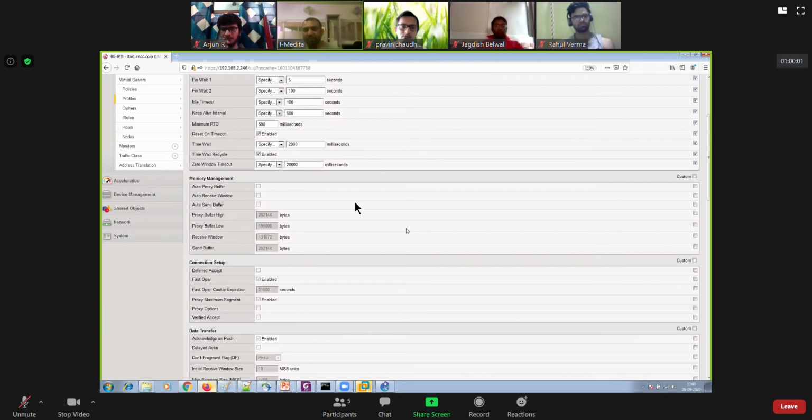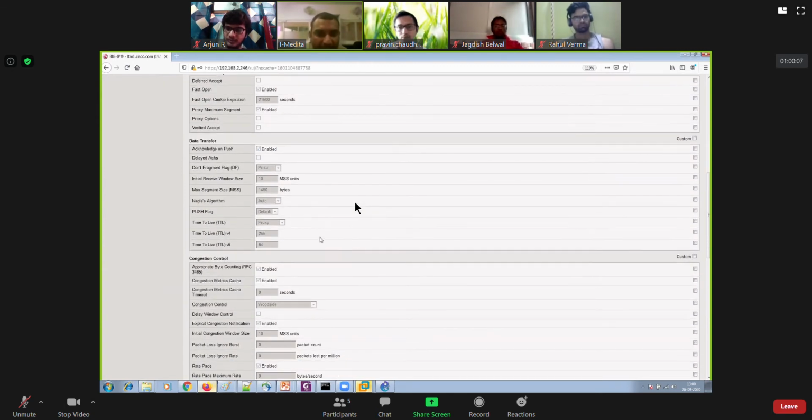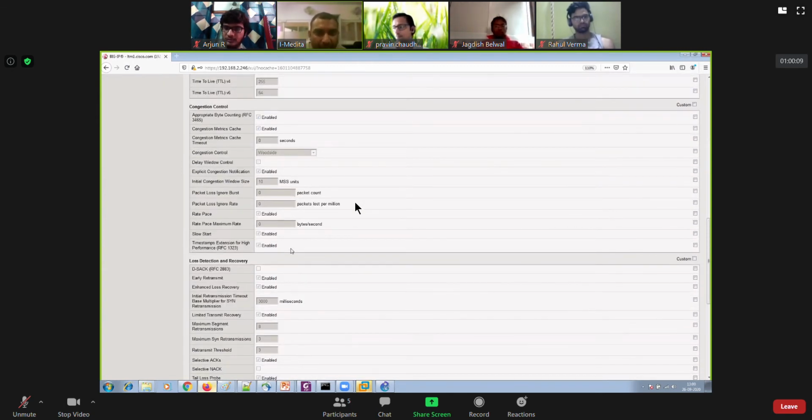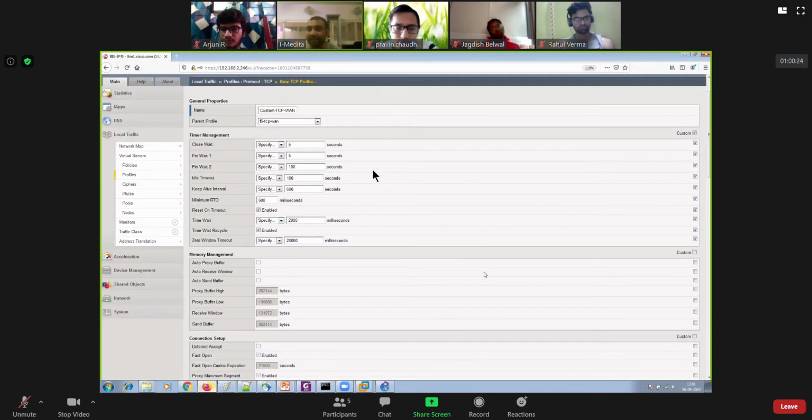Thereafter, you could also change your buffer size, and define the initial congestion window size, and also modify maximum segment retransmissions and maximum SYN retransmissions, if you really needed to modify that.